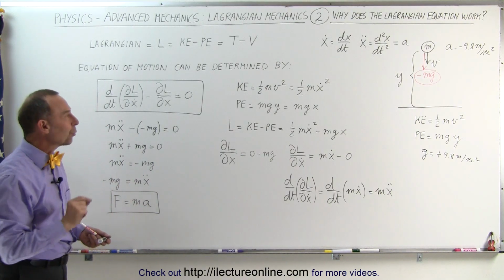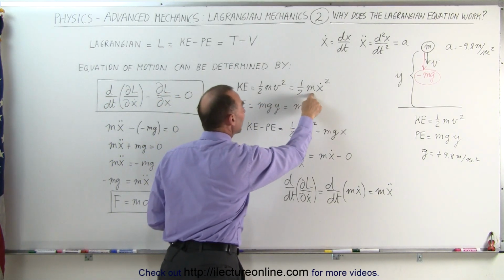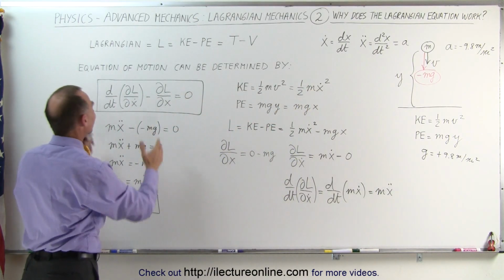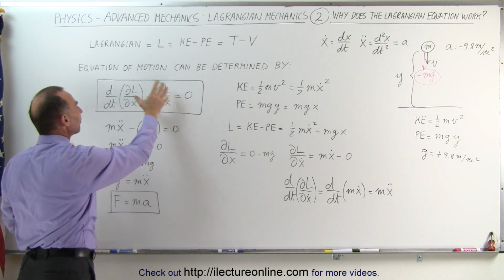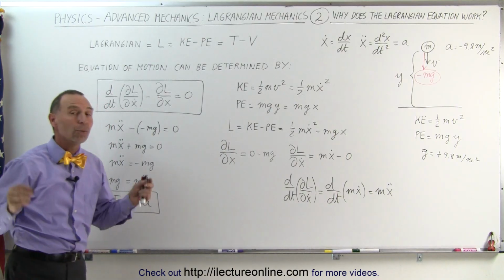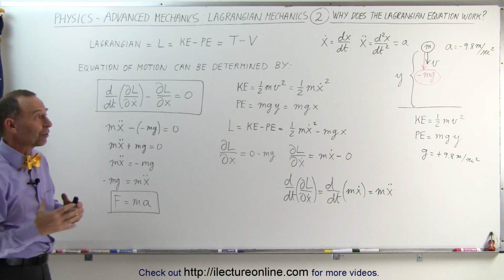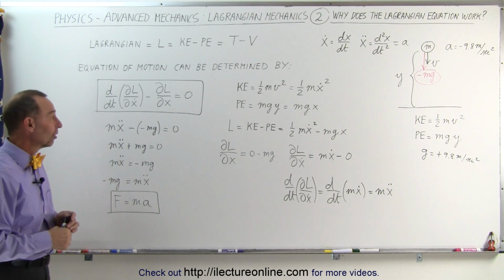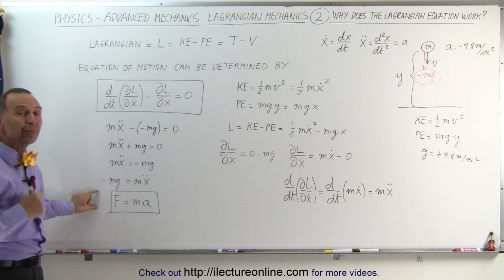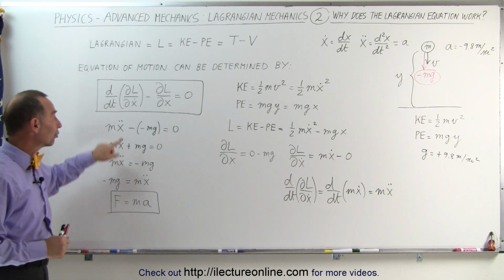The difference is that we're able to express the motion of the object in terms of its kinetic and potential energy. And then by setting it into the equation like this, we can now derive all the equations of motion simply determined by the kinetic and potential energy rather than by the interaction of the equations of kinematics, which can be much more difficult in more complicated situations. So in other words, when you see this equation, all you really have to think about is that it means F equals ma. Quite amazing, isn't it, that he was able to take this equation and turn it into this,